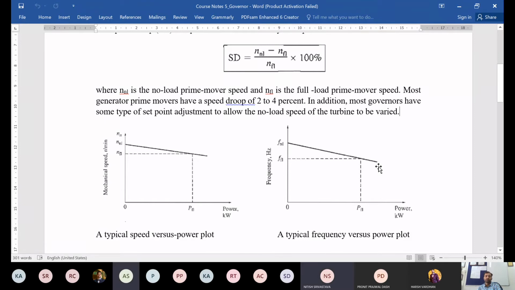Constant, sir. We want it to be constant. Right. We always want it to be constant. It should not actually vary. In fact, the desirable range is very low. Ideally, if it is at 50 hertz, then maybe it can vary within plus minus 0.1 hertz.